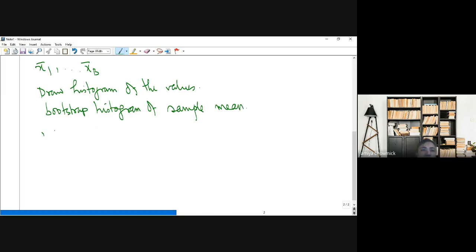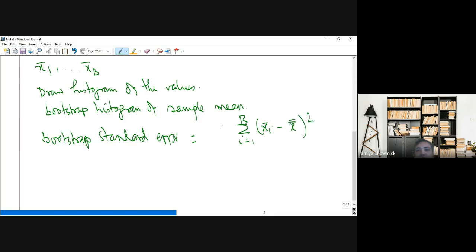And when we compute this, we compute the bootstrap standard error, which is the regular formula you know: the square root of the sum of (xi bar minus x bar) whole squared, divided by (B minus 1).